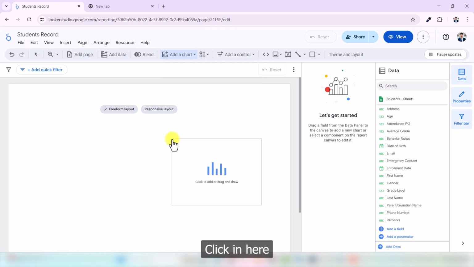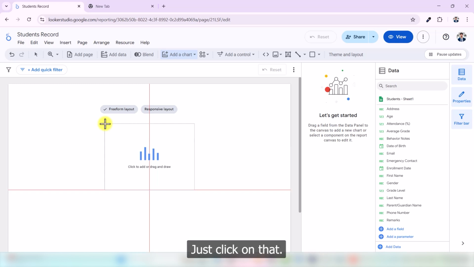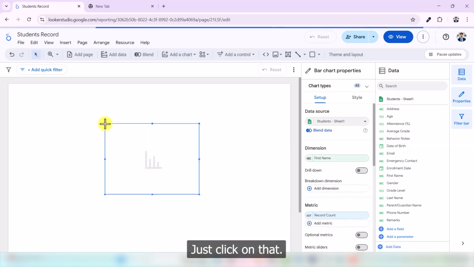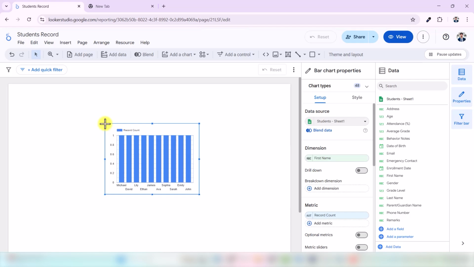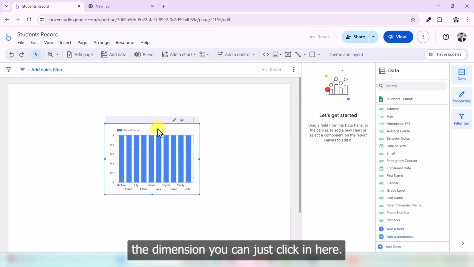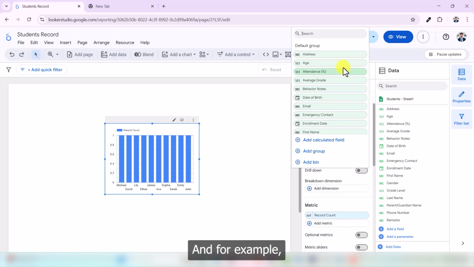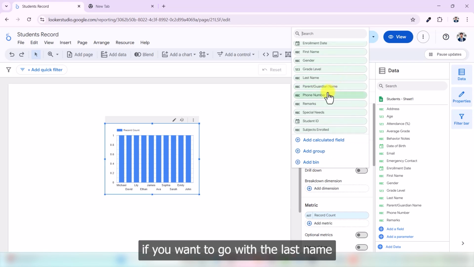Click in here, drag it where you want it to be placed. For example, in the center, just click on that. It has automatically chosen the dimension and metrics, but we can change it as per our requirement. So if you want to change the dimension, you can just click in here. From here, you can click in here. And for example, if you want to go with the last name,